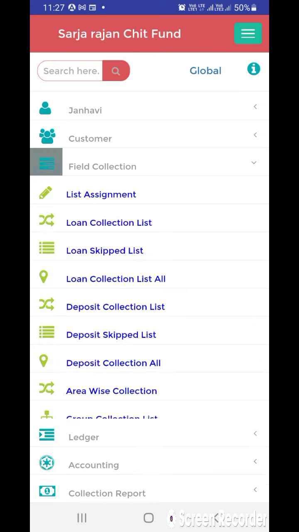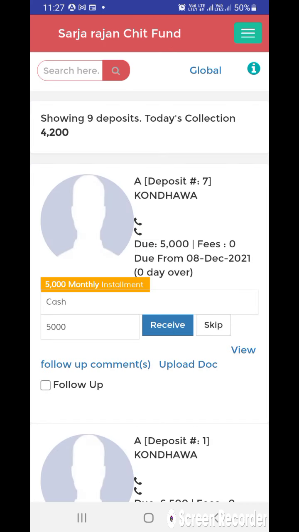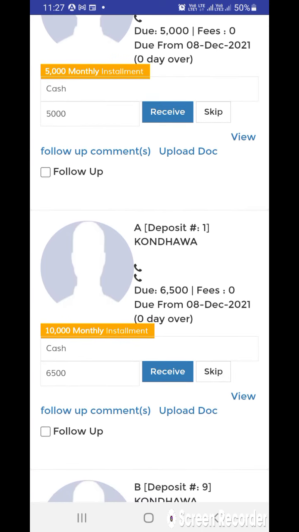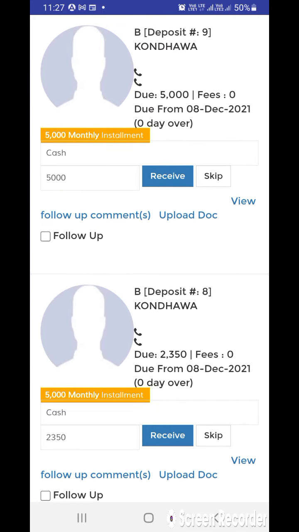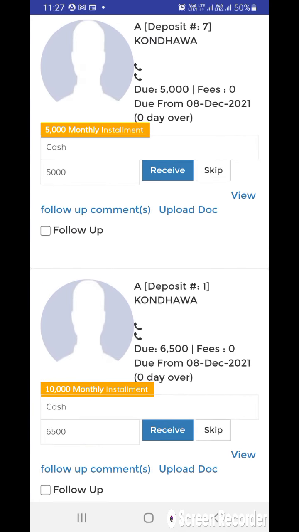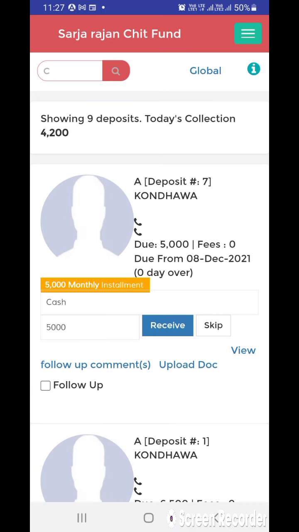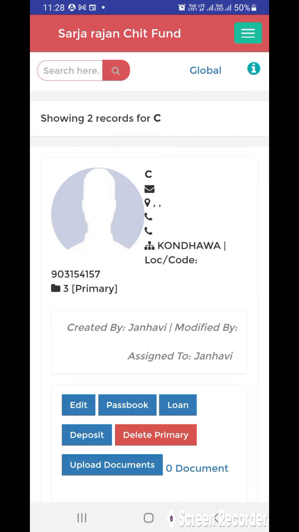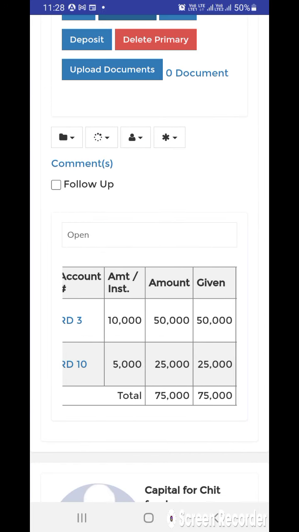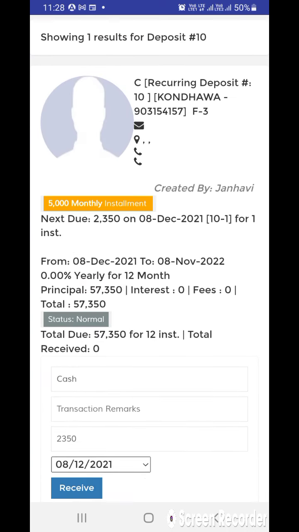Now if I go to field collection, deposit collection list, here you can see we need to receive the collection from these members one by one. If I select C customer, let's go to the passbook, and here RD10.